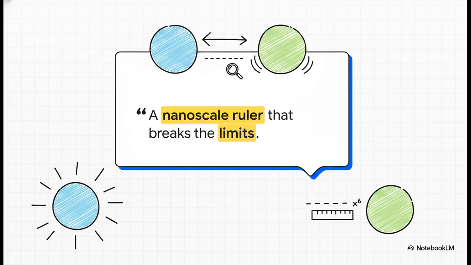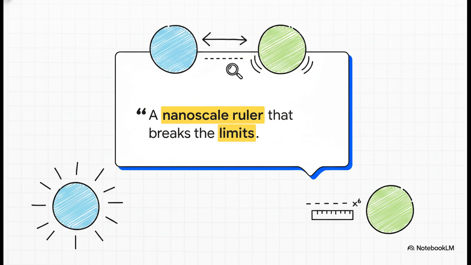Think of it like two friends in a really crowded, noisy room. One absorbs energy, but instead of shouting it out or emitting a photon, they just whisper that energy directly to their friend right next to them. If they move even a tiny, tiny bit apart, the whisper fails. Because this energy transfer drops off at the sixth power of their distance, it acts as an incredibly precise ruler